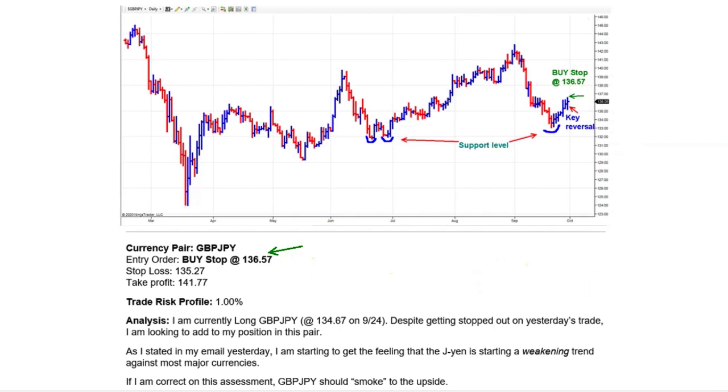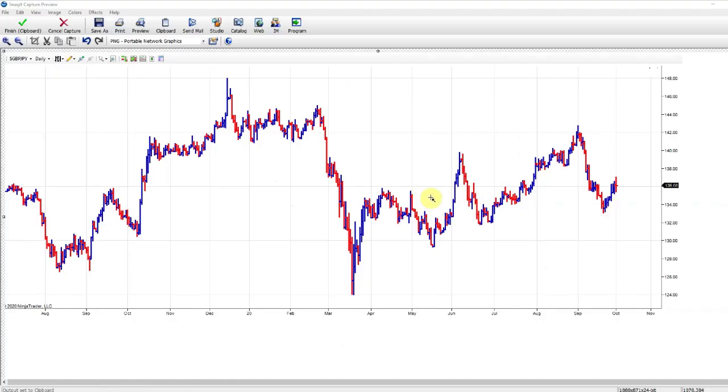And now I'll show you why I'm so bullish on the market, but why this is also such a difficult pair to get a hold of. So you can see that I do keep my stops pretty wide. This stop was 130 pips below today's price action, and you'll see that there's a reason why I keep my stops so wide. So now I'm looking at the real-time chart of the British pound versus the Japanese yen on